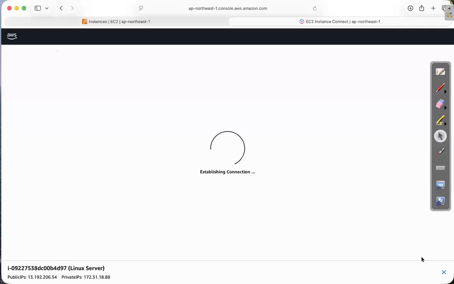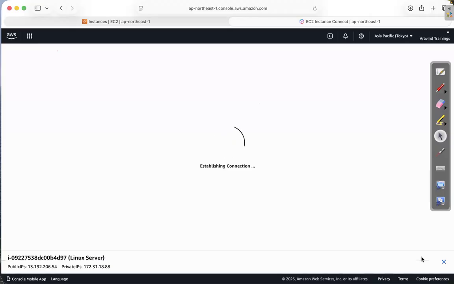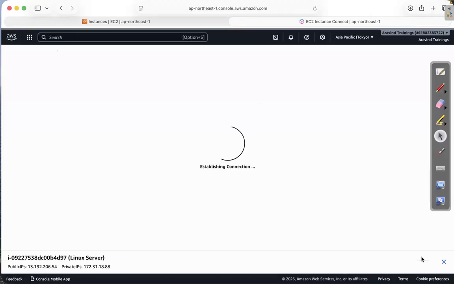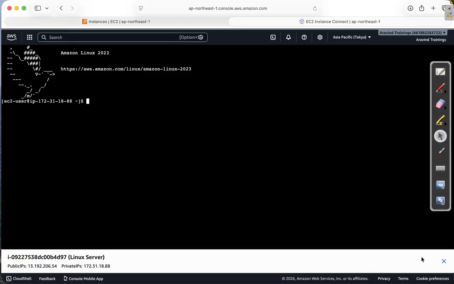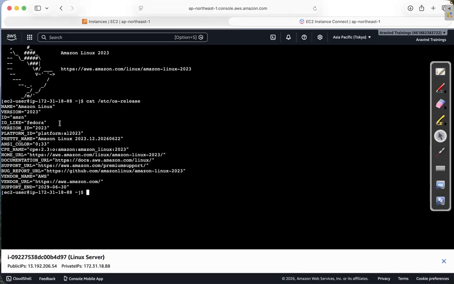But I'm not installing this Linux operating system in my base machine, in my base laptop. I'm not installing. I have launched a virtual server in Tokyo, and in that virtual server, we have installed Linux operating system.